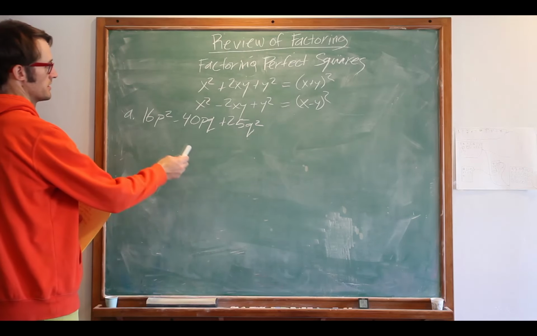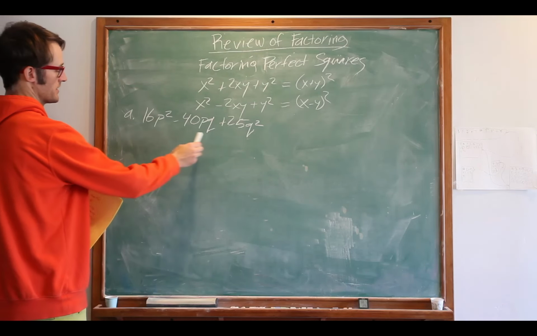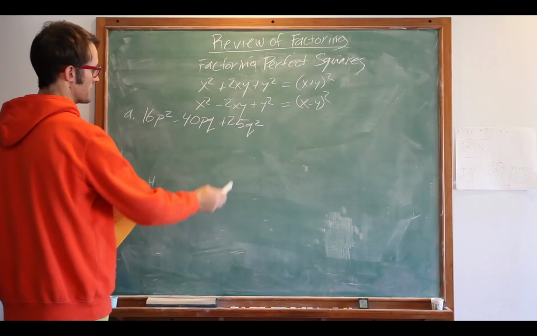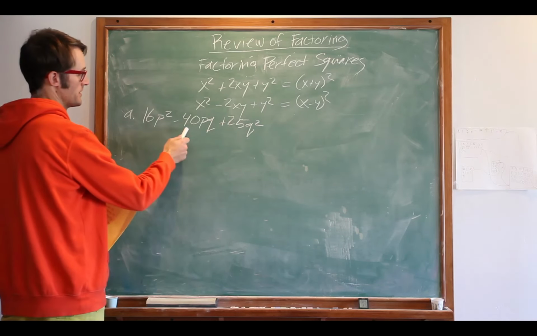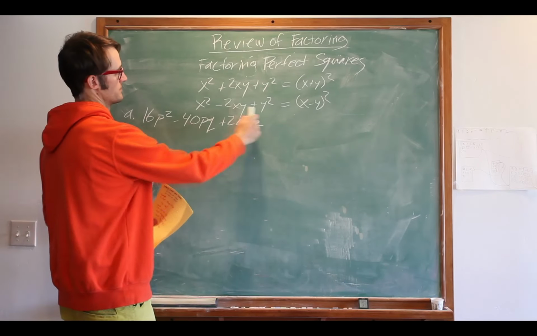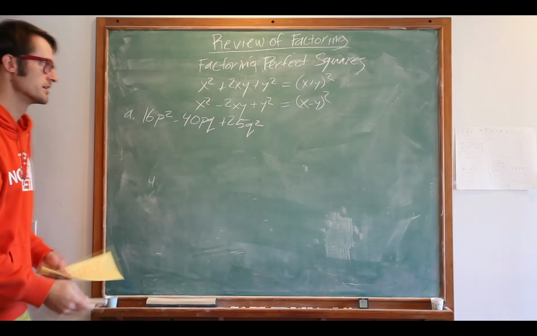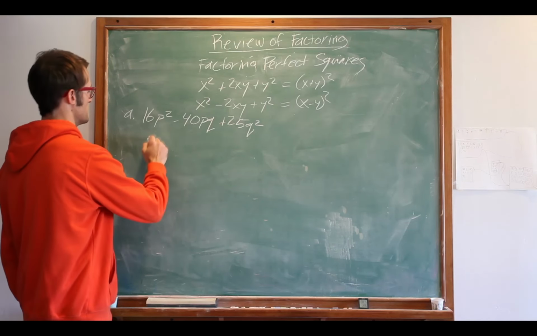So if you recognize that 16 is 4 squared and 25 is 5 squared, you also know that 4 times 5 is 20, and if you double that, you get 40. So you're dealing with this form right here immediately. And you can simply say that it's equal to